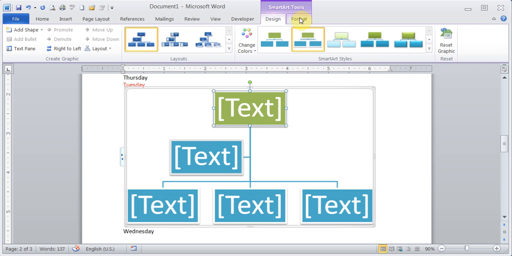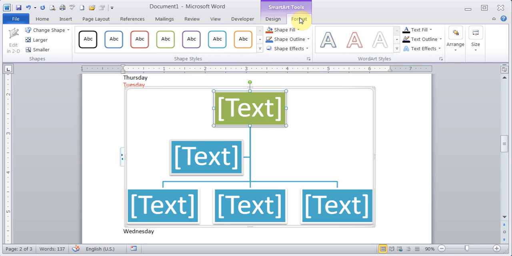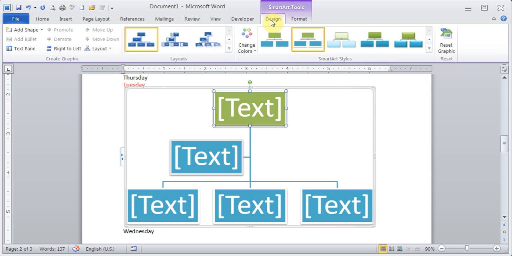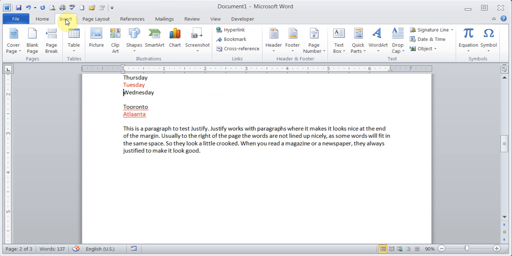All right, just want to see if there's anything here. Don't think there's too much here. Okay, I can click it and hit delete, insert, Smart